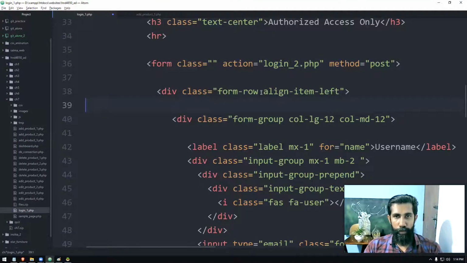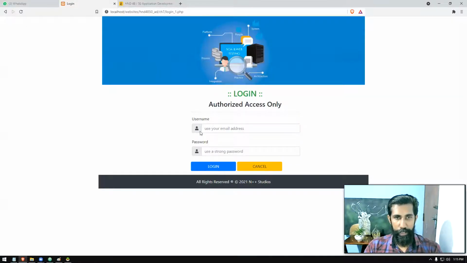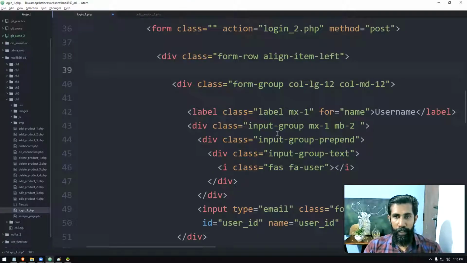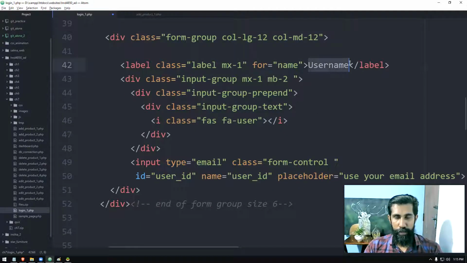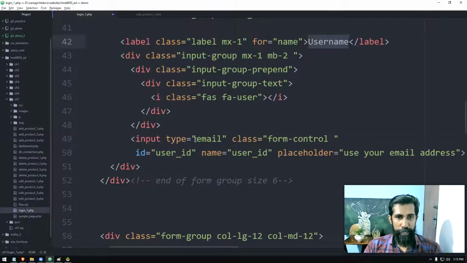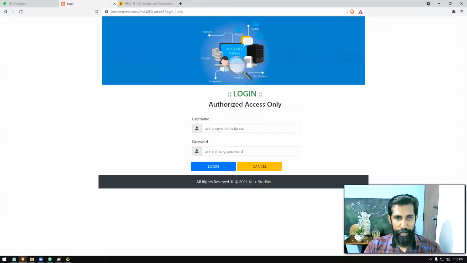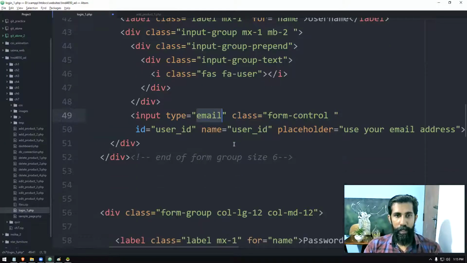Then I'm creating a form row, a line item left. This is to build this appearance with these icons in front and all. I could have changed this font or some icon also. I just built it like that. So you can just copy paste this code and do the modifications. I just mentioned it as username here, or you can call it even email. We are using an email type input field. So for username, we are expecting the user to type an email. Then the ID we are giving is user ID, and the name also is user ID, because in the backend we're going to receive information under user ID.